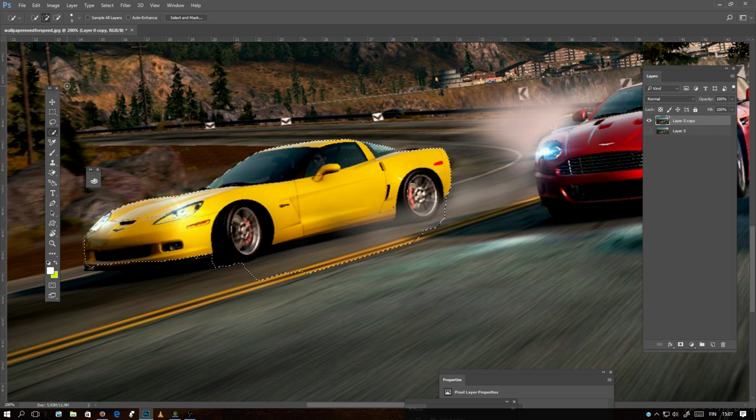Okay, and what I meant by using the lasso tool to fix my selection: if I take the lasso tool here, select this one, I can make more selections. If I take this one here, it subtracts from the selection. It means I can make my selection smaller. In this case I will use this subtract first